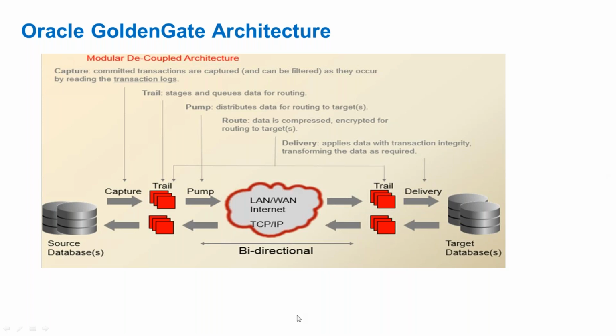In classic architecture, in Golden Gate, you have a source database and a target database. Your source database could be Oracle or any non-Oracle database. The target database could be any Oracle or non-Oracle supported database. Each database has its own redo logs. Also, each database has its own transaction logs. In the case of Oracle, those transaction logs are redo logs or backups of redo logs, which are known as archive logs. Whenever any transaction happens in the database, whether it is DDL or DML, it gets recorded into the transaction logs.